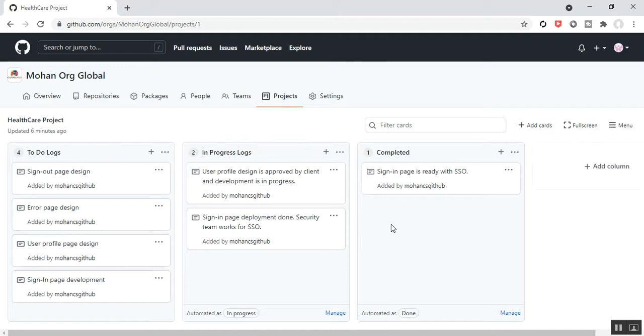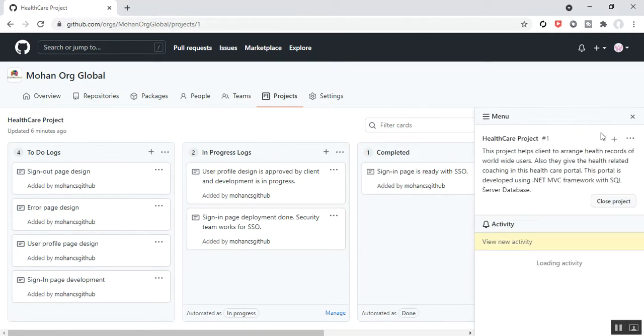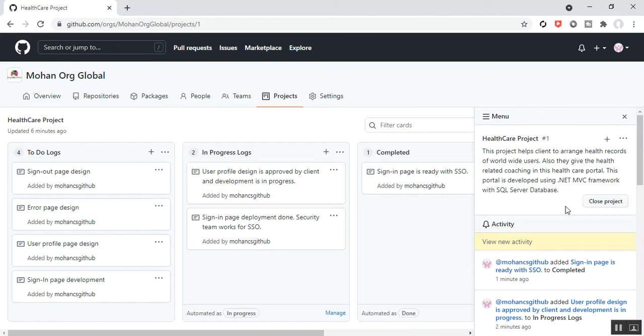So once the project has been completed, we can close the project anytime as shown here. You can see one menu option here. If you want to close this project, there is an option called close. You can add the description, your project name and the description part you can see here. There is a plus symbol if you want to add, and some options to manage or configure here: edit, copy, view, archive and settings. Alright,